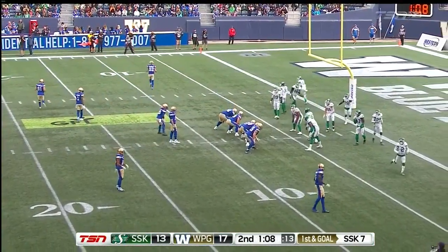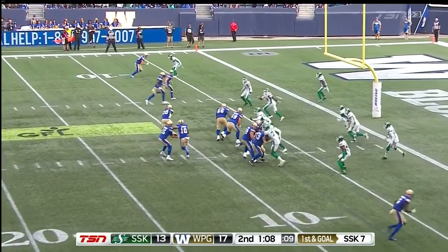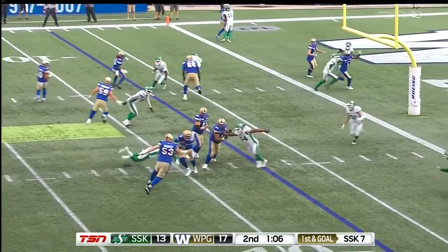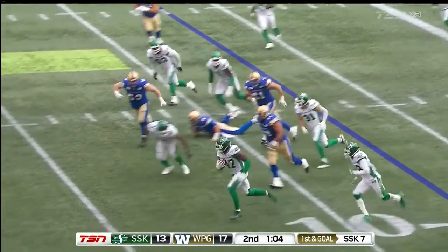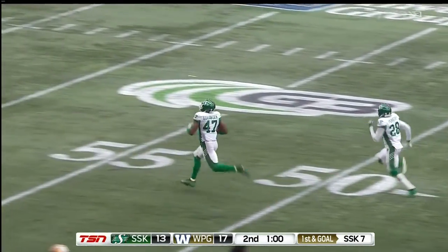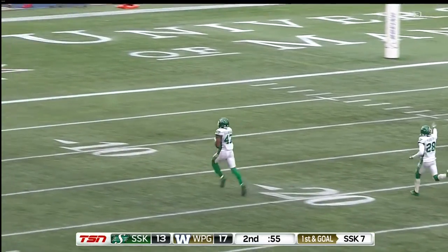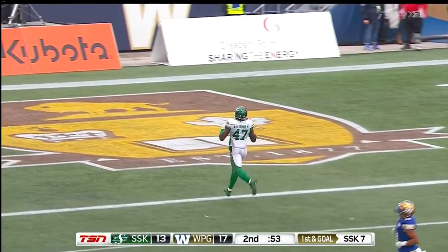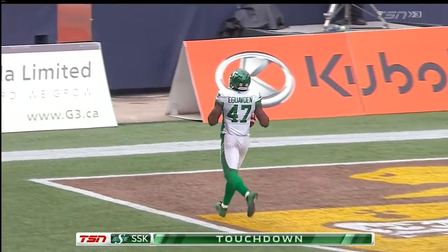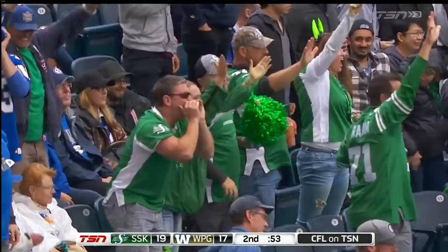So it is Matt Nichols back in the gun, spreading it out, calling his own number, and he threw it right into the midst of Sam Aguavin. Another pick. Goodbye to the 40, the 20. No flags. Unbelievable. And here comes